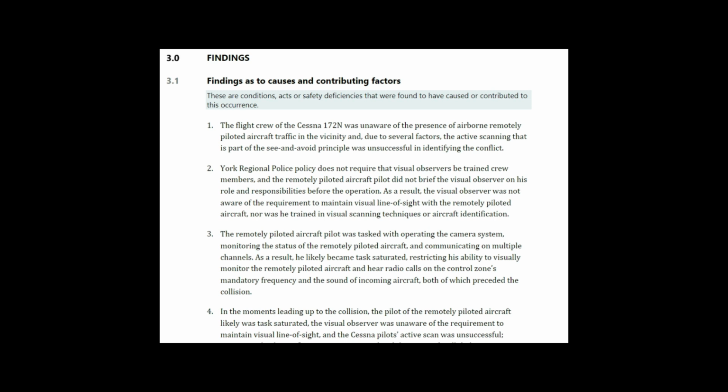Thus, the visual observer did not scan the active sky, nor was he aware that he had to scan the active sky, thus allowing an aircraft and drone to collide with each other in the airspace. Finding 3 points a direct arrow at the standard operating procedures of the York Regional Police, basically stating that due